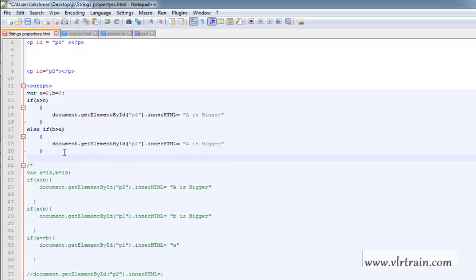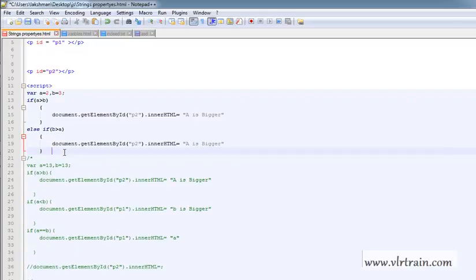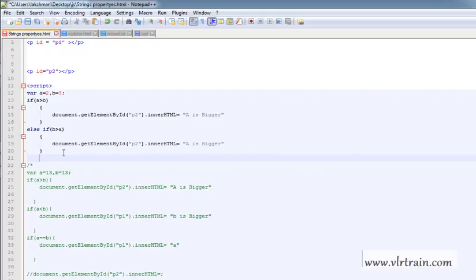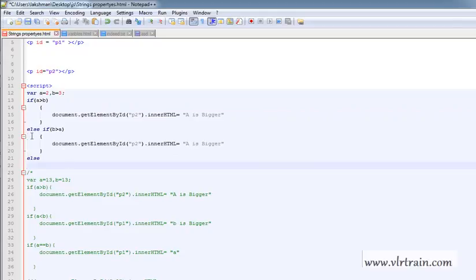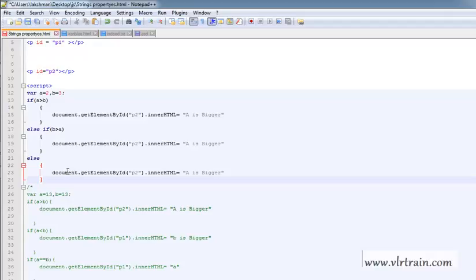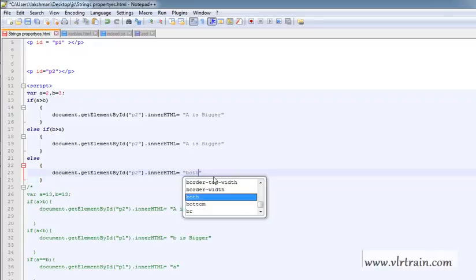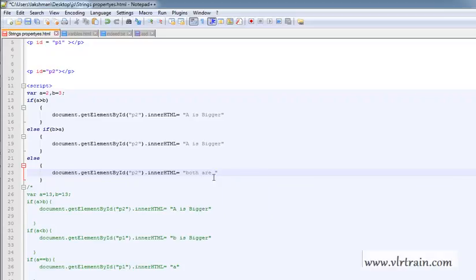Else, "both are same". Now observe the output.